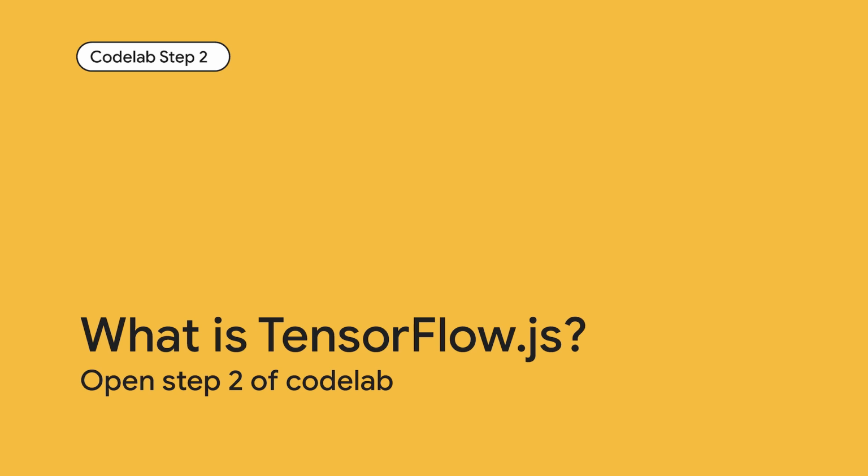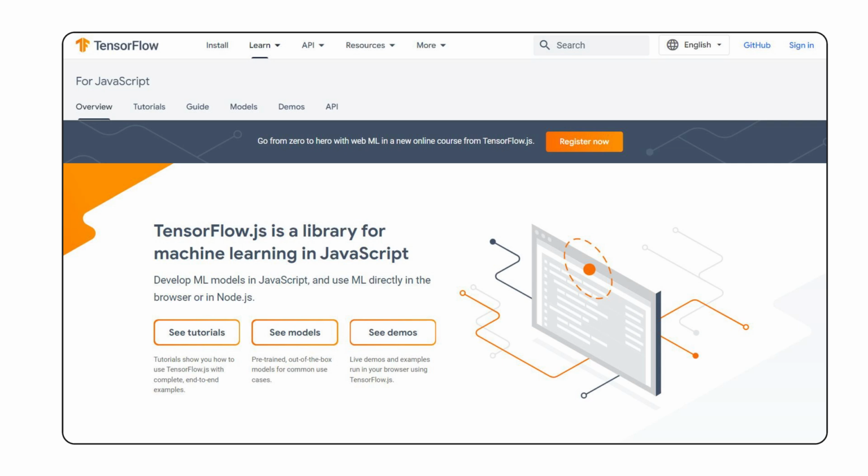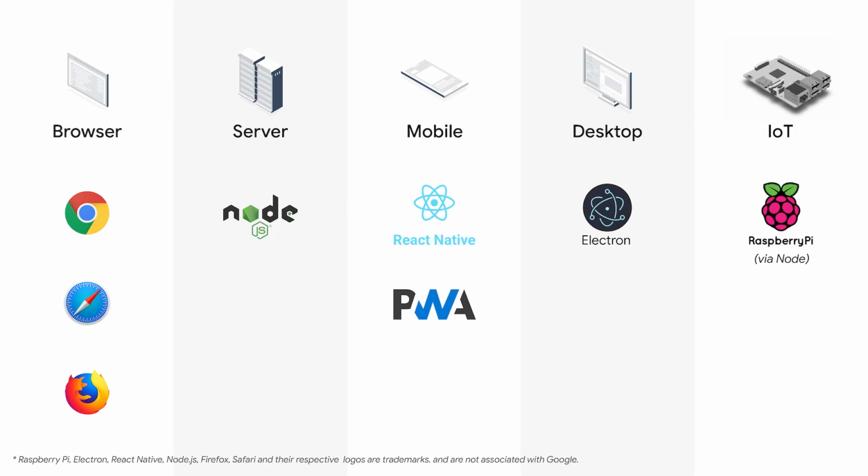So first off, what is TensorFlow.js? Well, if you're new to WebML, TensorFlow.js is Google's machine learning library for JavaScript, and it's just like the original version of TensorFlow that came out in Python, but is aimed at folk who code in JavaScript or Node.js instead. This allows more developers to use machine learning without having to learn a new language and use their creations in even more places than before, as JavaScript can run pretty much anywhere. From client-side to server-side, mobile native to desktop native, and even IoT devices like a Raspberry Pi, JavaScript is one of the few languages that can run in all of these locations without any additional dependencies.